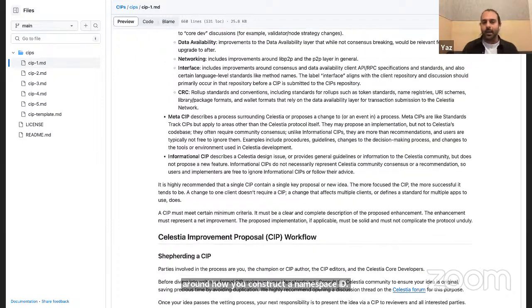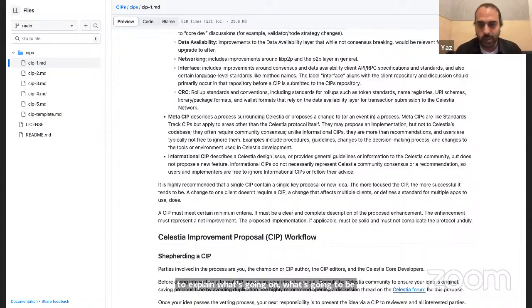Then we have the meta CIP, which describes multiple processes. The most famous one you'll see over time is for hard forks. In a meta CIP, you'd see references to more than one CIP, which is why we call it the meta CIP. It would just be a design document to explain what's going on and what's going to be activated in a future hard fork, right?